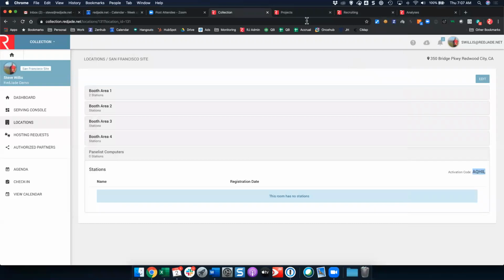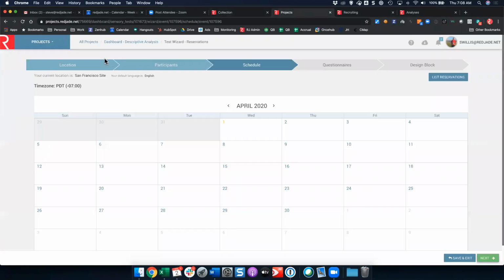Okay, so that's the setup. And the nice thing here is as your panelists add their computers, you'll be able to see their names show up here as well, right? Because you're telling them to name it with their first name. And so as they register their computer, it's going to show up here. So in the project,